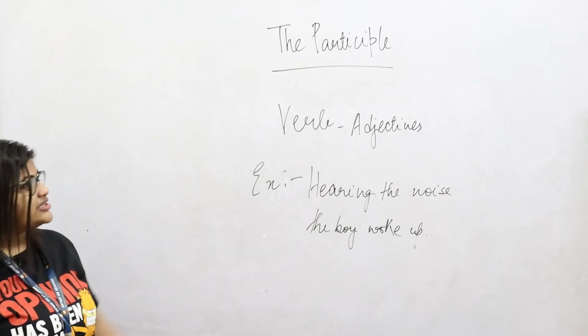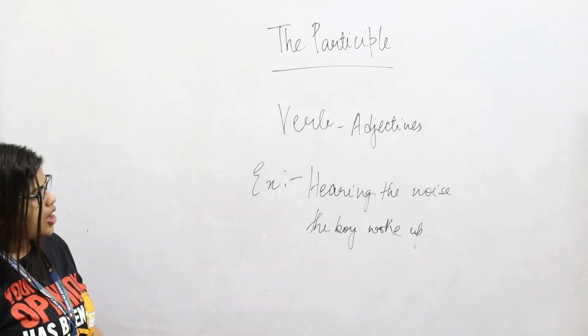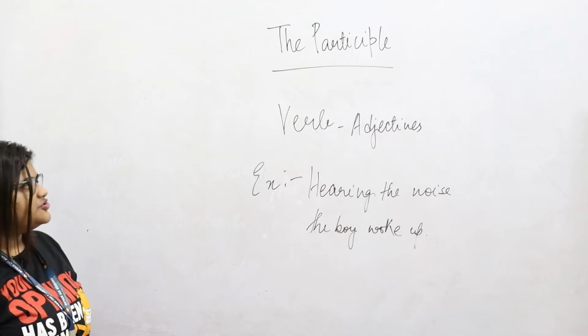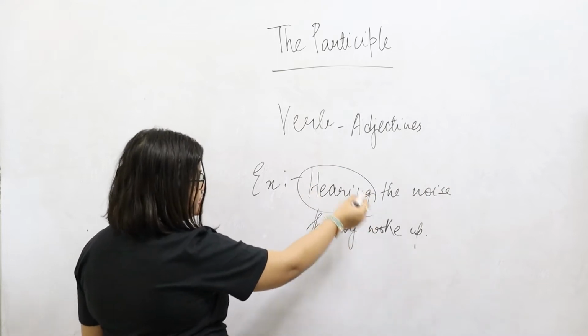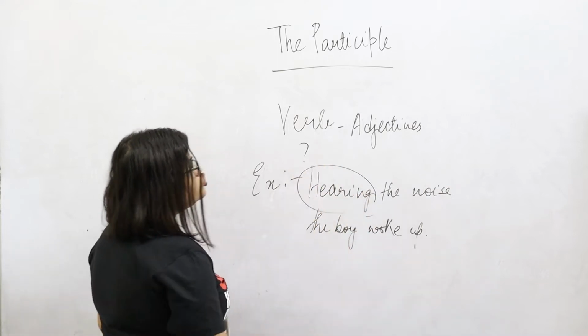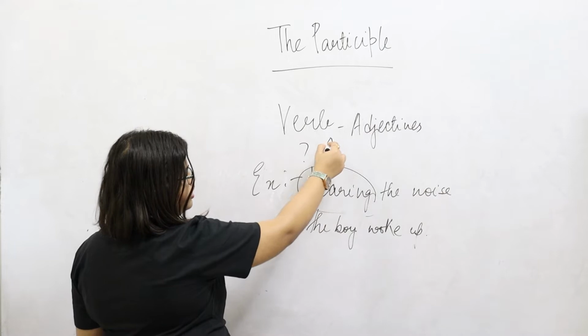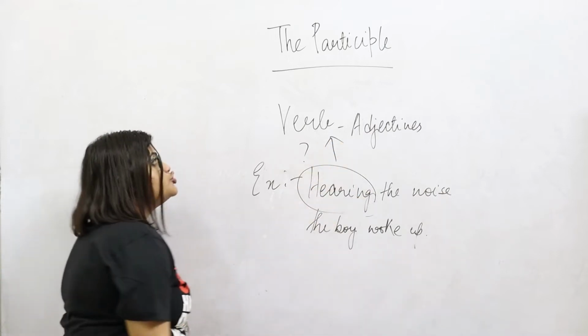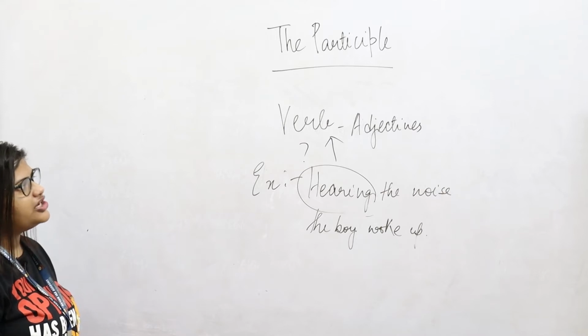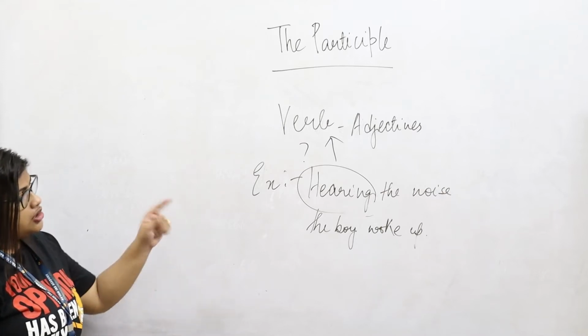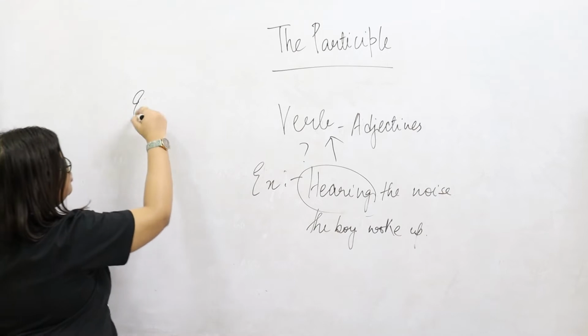For example, as you can see, hearing the noise, the boy woke up. So what is a participle? So this looks like a verb. It is certainly a verb, but is it just a verb? That is the question. So what we call verb adjectives. So as gerunds are verb nouns, participles are verb adjectives,